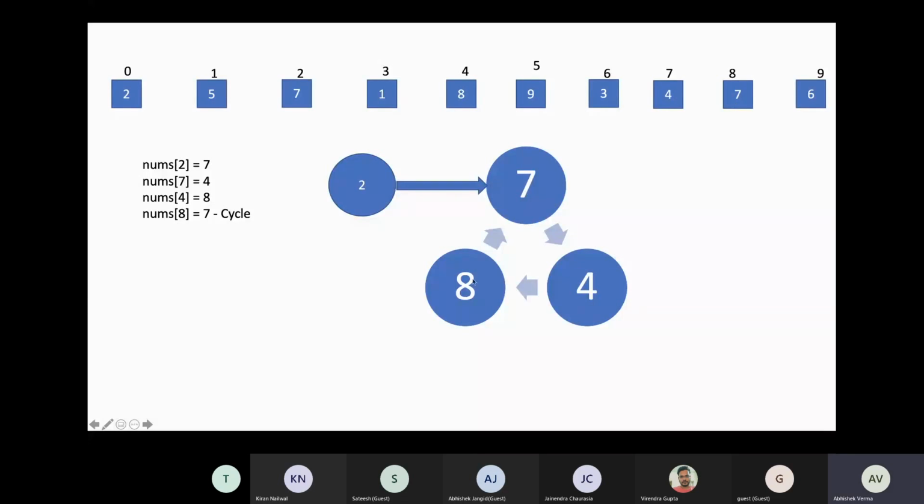So this way there is a cycle existing from 2 to 7, 7 to 4, and 4 to 8, and again 8 to 7. So if anybody is running in this cycle, and one guy comes with twice the speed of this runner, he is going to touch at any particular position, not required that it will touch at the very first point where the cycle started, but at any point, like it could touch it here or here.